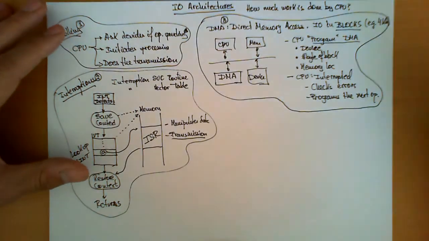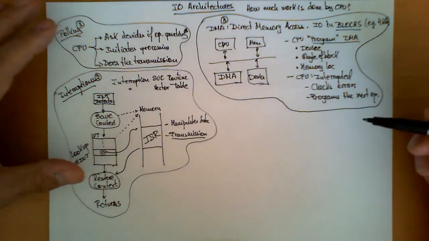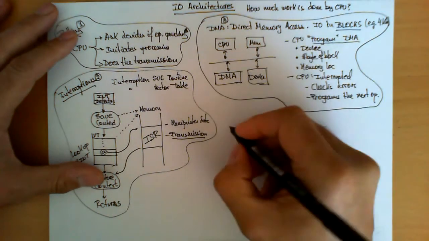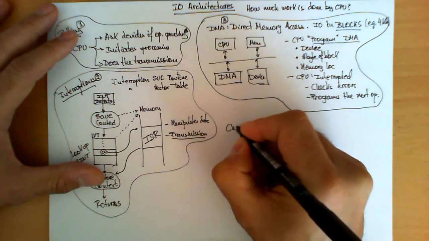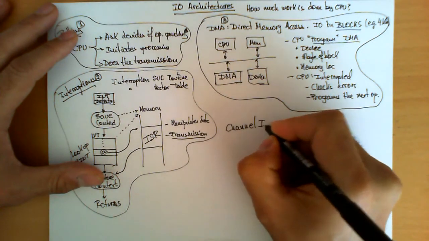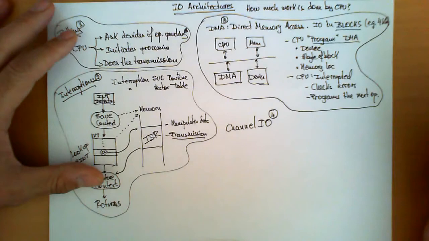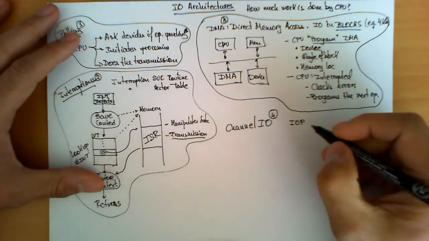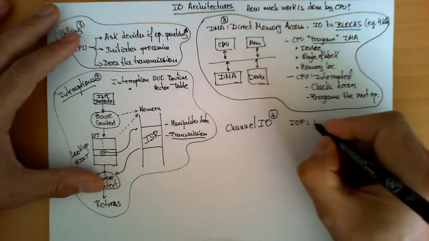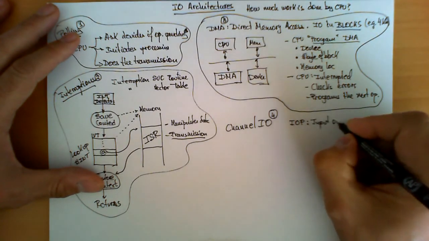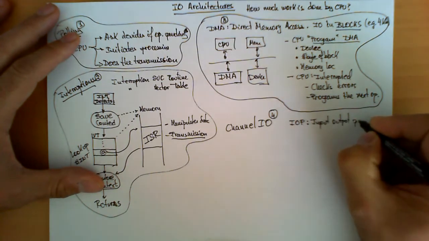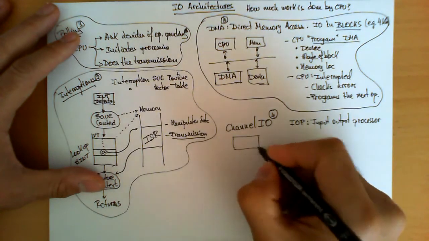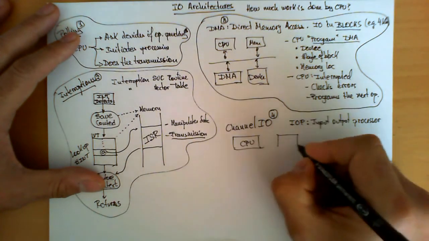And the next step is to evolve even further on the type of computation that occurs without the intervention of the CPU, and this strategy is called channel input-output. This would be strategy number 4, and it's based on one circuit which is much more sophisticated than the DMA, which is called the IOP, or input-output processor. Now this circuit is still connected to the regular system as we know it, with the CPU, the memory here,